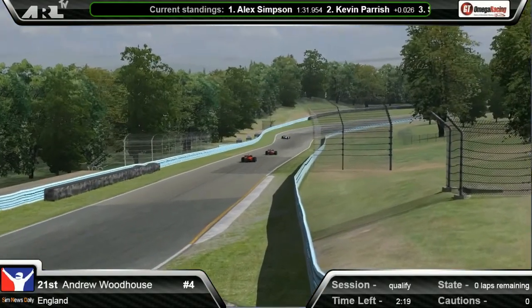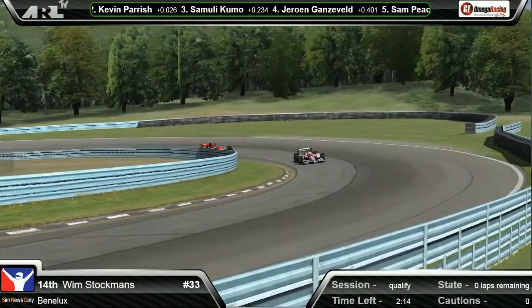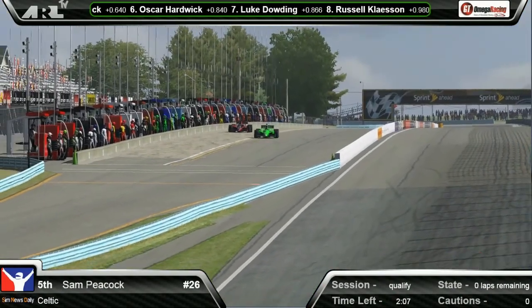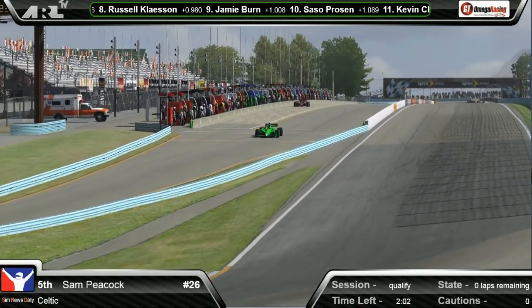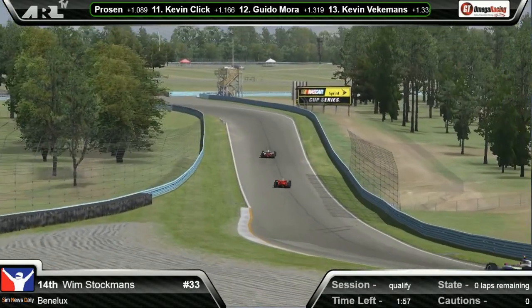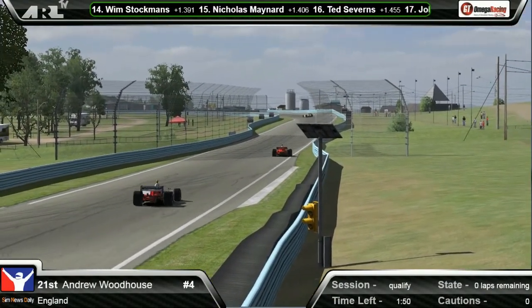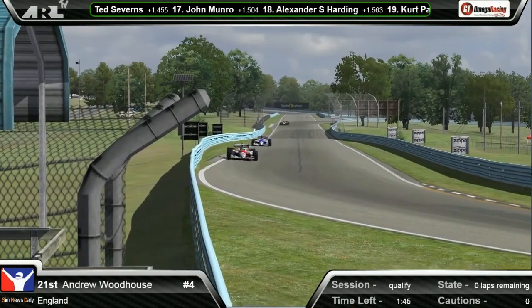Yeah, if you just give us a rundown of the order at the moment, just so we can see as the ticker goes through. Yep, Alex Simpson, and then followed by Kevin Parrish, Sam Kumo, Jeroen Ganzerveld, Sam Peacock 5th, Oscar Hardwick 6th, another ARL veteran, Luke Downing in 7th, Russell Klassen 8th, Jamie Byrne 9th, just over a second outside, Sasso Prosen 10th, Kevin Click, then Guido Mora, Kevin Veckermans 13th, Wim Stockmans 14th, Nicholas Maynard 15th, then Ted Sevens, John Monroe, Alex